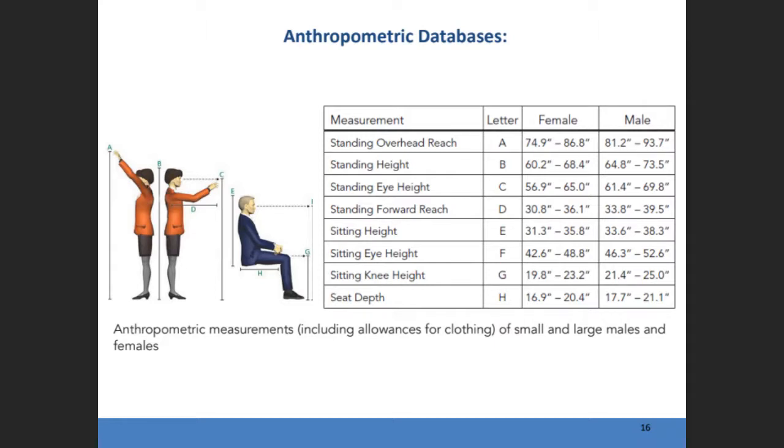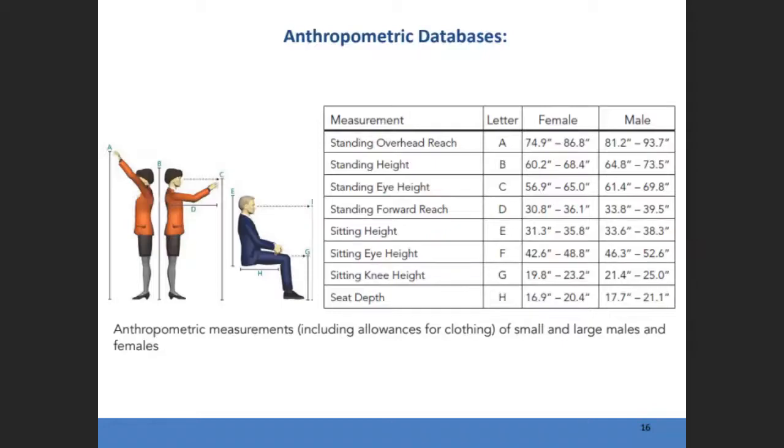Standing height. Now this is B. Where is the female? Look to the right side, not to the left side. This is B. Actually, both are okay. Now, why do we need B? We need to know the height of the people when I put a barrier or a door frame at the top. How do I put the frame? I need to know the height of the people, or at least the minimum and the maximum, so I work with this